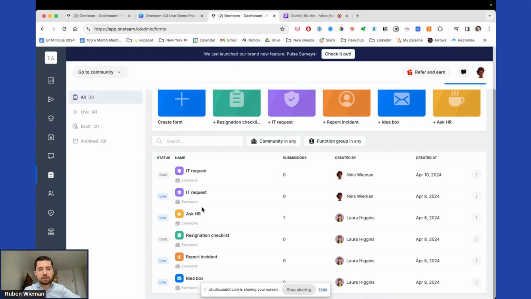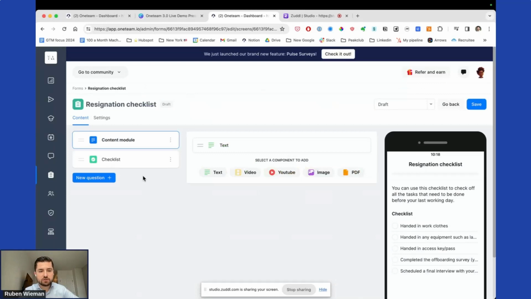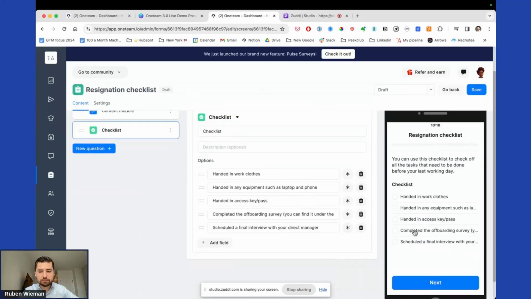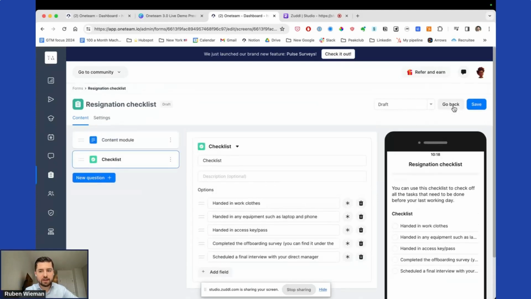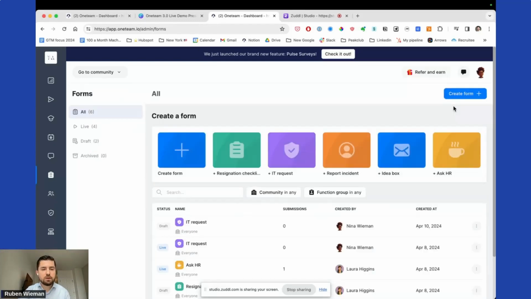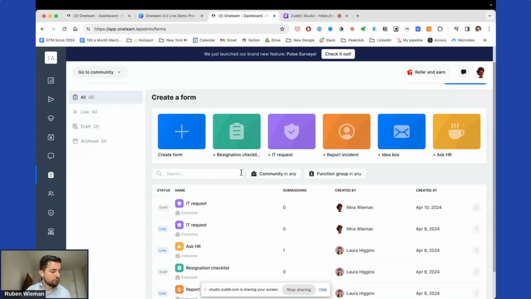So you can use this again as a form or as a checklist. We also have a checklist feature where people can fill it in, they can complete it, and you have all the data, all the filled in checklists, in one overview. So that is forms. Then for document management,